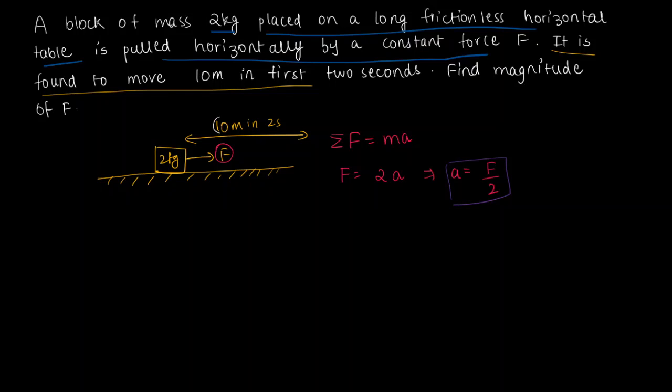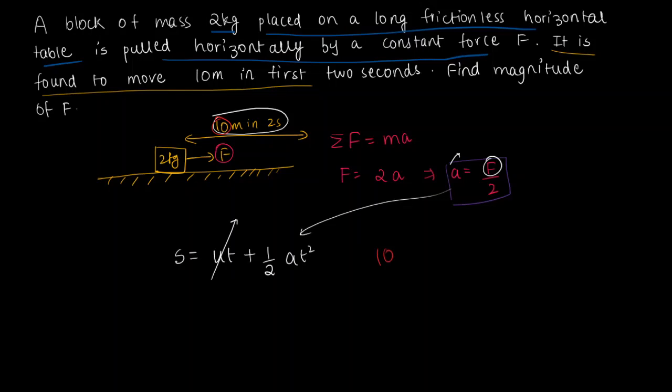We know that it runs a certain distance in a certain time. So there is this equation from kinematics which says that the displacement of an object is equal to its initial velocity times the time it has run plus half a t squared for constant acceleration. And since F is constant, this a is also constant, and you can apply this equation here. Now it starts from rest, so u is equal to 0, this term goes out, and s is equal to 10, that's given here. So 10 is equal to